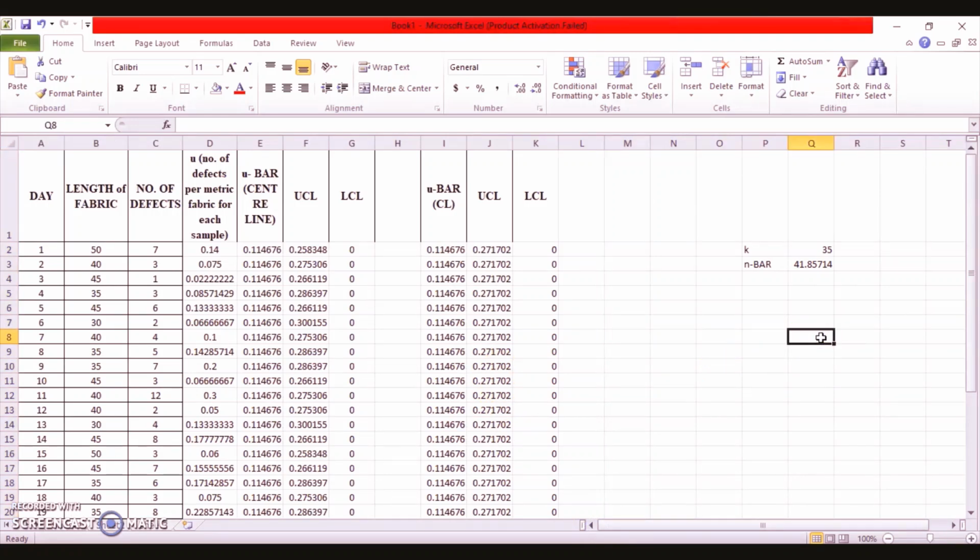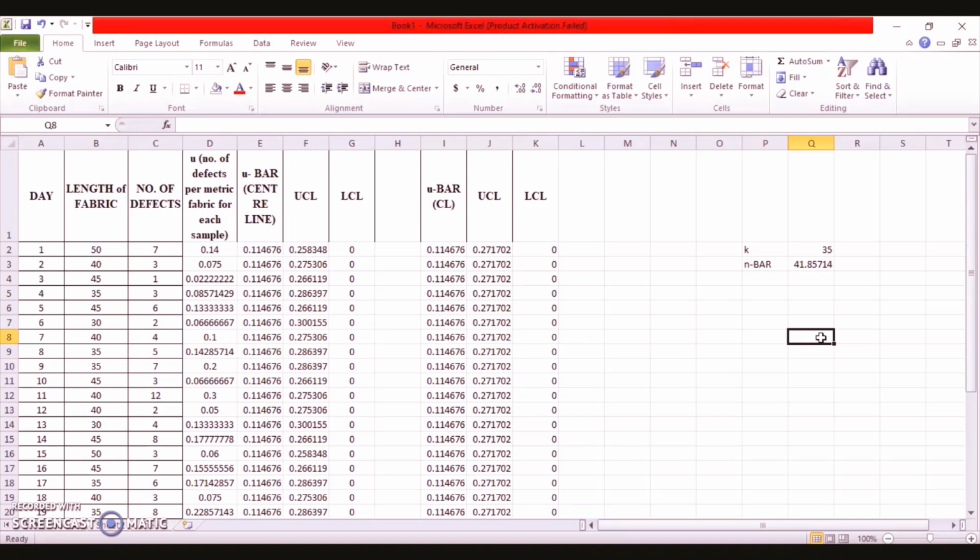We have understood from this problem that we attempted in the session, that for preparing the U chart using both approaches, the control chart for the number of defects indicated that the process is not under statistical control. There are some assignable causes present in the process, and the samples corresponding to the 11th and the 23rd day are outside the upper control limit. Now we have to bring the process in statistical control, and it is very important to investigate the assignable causes that have created this out of control condition, and we have to take corrective action to eliminate such causes.